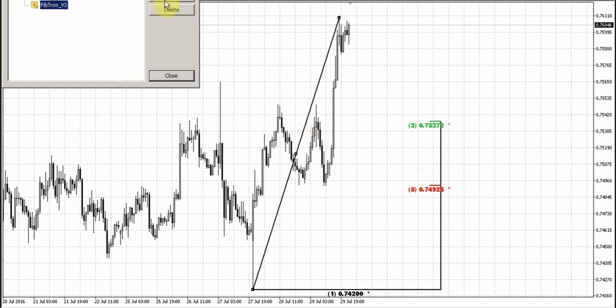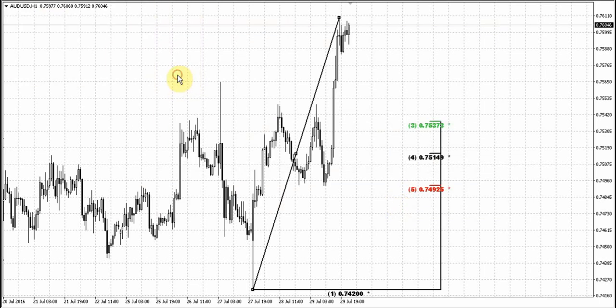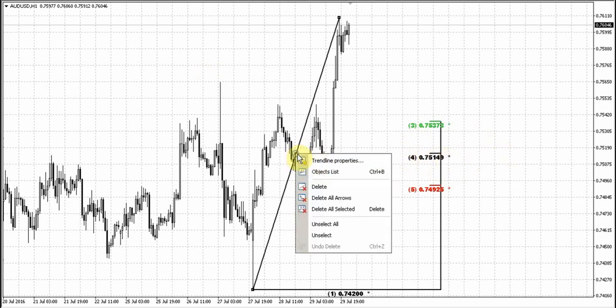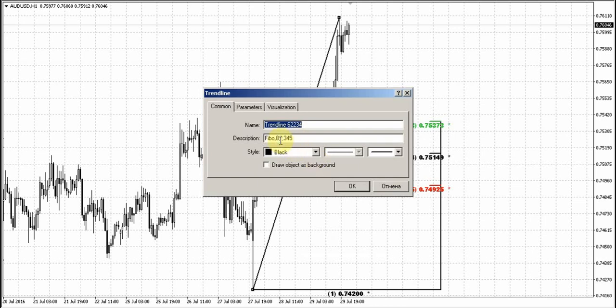will add the 50% level. I need to make the edit every time because the market is closed. So here we've got also the 50%. Now, for example, I would like to change the marking, not the star, but I will place, for example, M, major, so major reaction, for example. Okay,